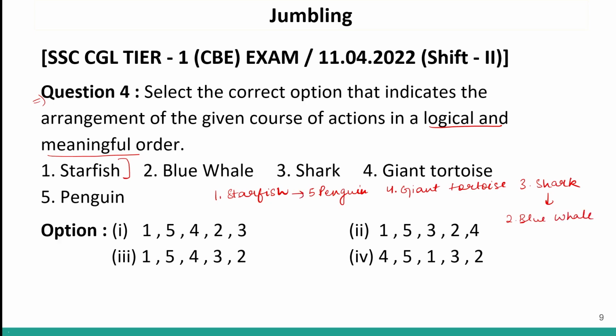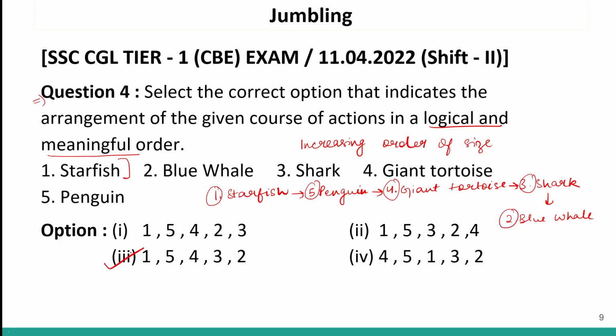So if I arrange them as per size, increasing order of size, my logical sequence will be 1, then 5, then 4, then 3, and then 2, which is given in